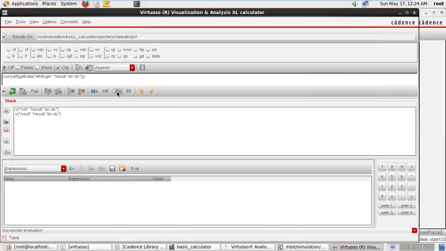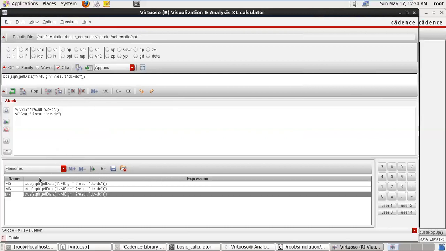When you press E plus, the buffer expression moves into the expression window, and when you press M plus, this will move to memory, and if you press ME, this will open your memory.